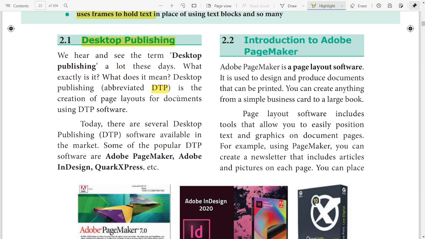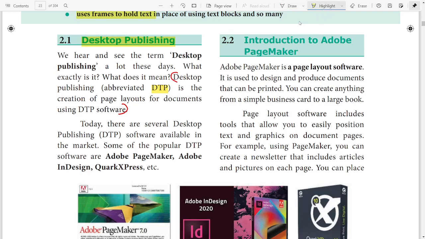You would have heard about DTP work, so it is nothing but desktop publishing. It's the creation of page layouts for documents using DTP software. What is desktop publishing? The answer is: desktop publishing is the creation of page layouts for documents using DTP software.